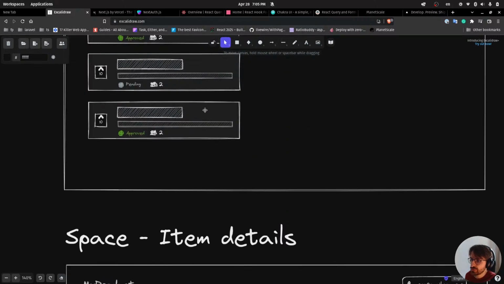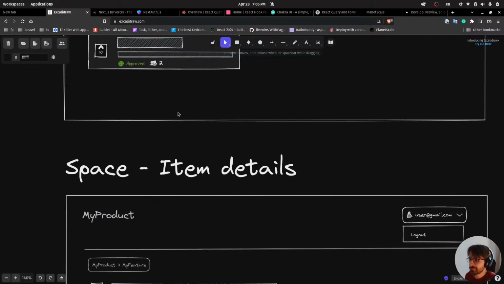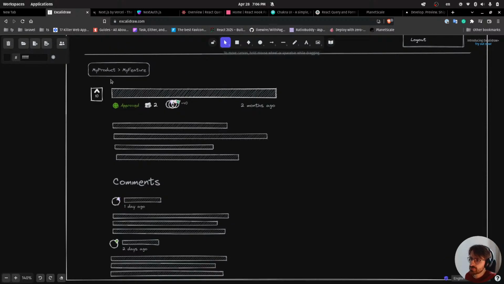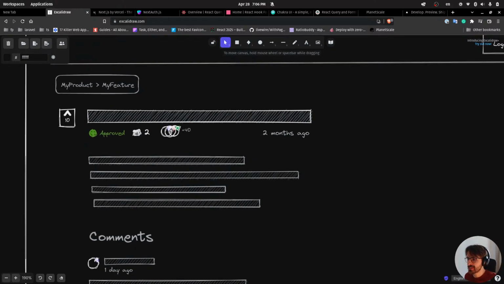So when someone clicks here on a feature request, you can see the item details. Then we have a breadcrumb here to navigate back. And then you see all the details for this feature request. You'll see the title, the status, how many comments we have, how many people actually like this, right? This number is just a mock number, but you will see who voted in there, because people must have an account here in order to vote and submit a feature request, and how long this